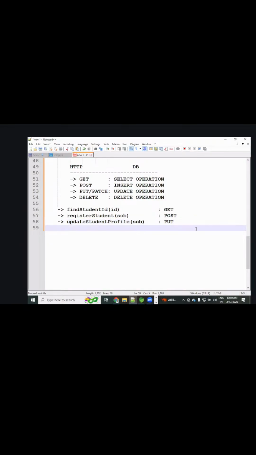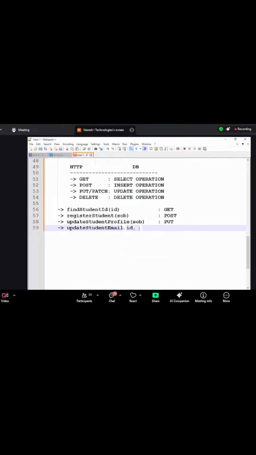Okay, let me give one more example related to patch. Update. I want to update the student email ID. Now you tell me. Update student email ID. Have you understood now? At least ID is what?